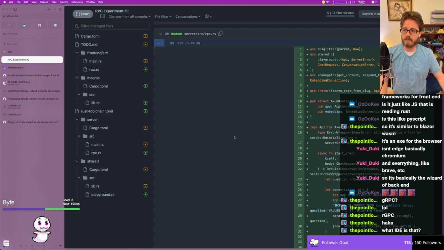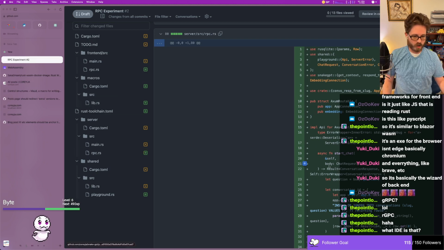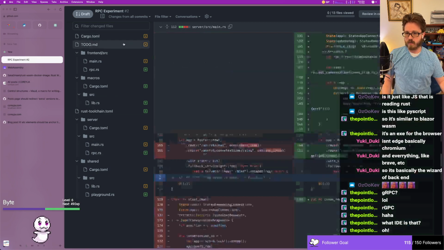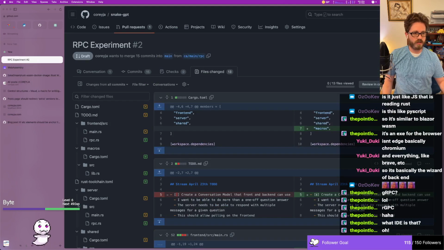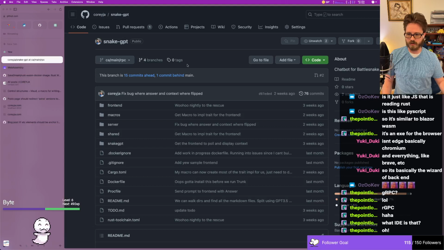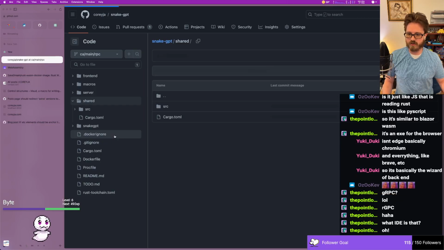What IDE is this? My IDE is VS Code. We're currently looking just at GitHub in the browser though, and the browser I'm using is Arc, if you're curious. I'm doing my own RPC thing, and the idea is that I want to be able to look at the code at this commit. That's what I want to do, GitHub. Perfect. So in my shared directory,